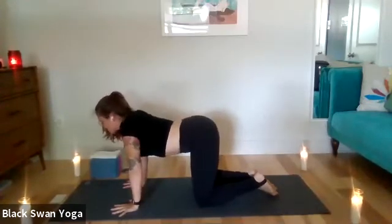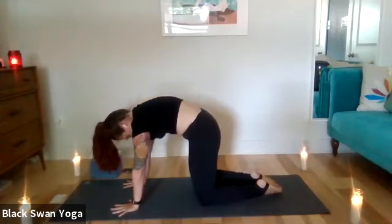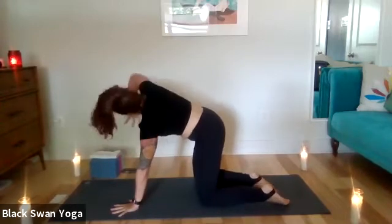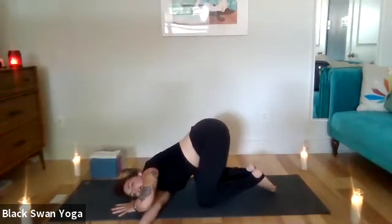Cow pose, breathe in, soften your belly, look up high. Exhale, cat, round your back, chin to chest. Draw back to neutral. This time, left hand stays down, right hand up into the sky. Inhale, look up. Exhale, thread that right arm under your chest, coming all the way down now to your right